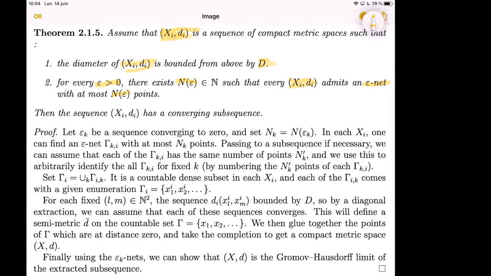If you think about distances between those points, those are like sequences in R to the power n of epsilon times n of epsilon minus 1 over 2. So you can find a convergent subsequence of